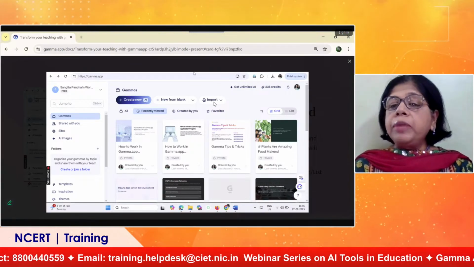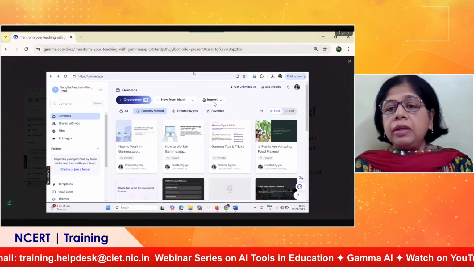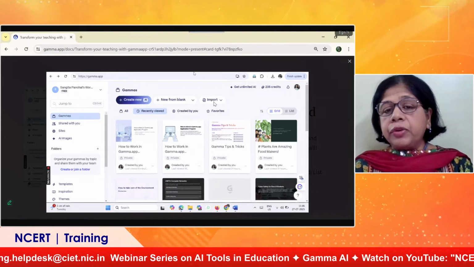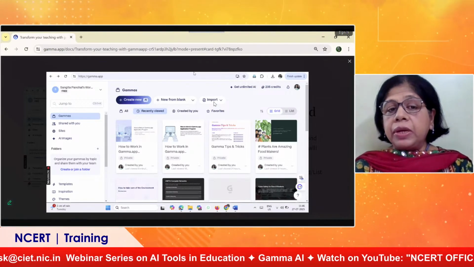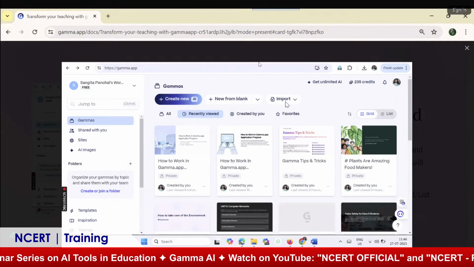Import means that you are importing a file, and let us say I am importing a PowerPoint file, which is not as decorative as it should be. Support file and some of the interactive material. And I think, ma'am, it is also very important that when you want to prepare a presentation, you use this tool. As you said, it's important for teachers because it makes the presentation very catchy and interesting, and it attracts the attention of the students. If you already have a presentation, you can make it just